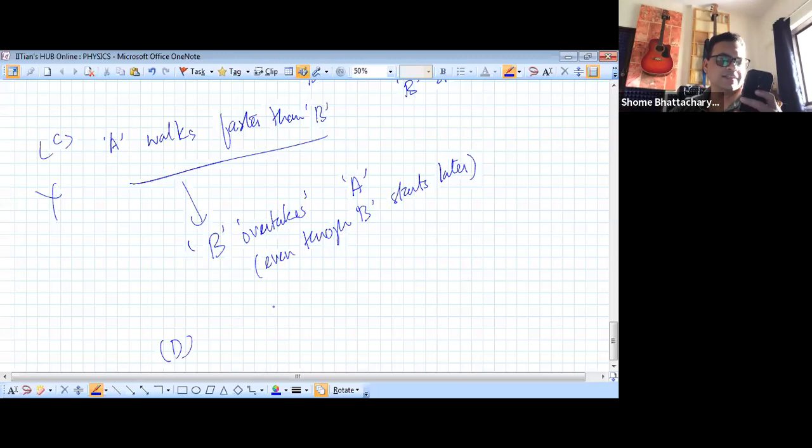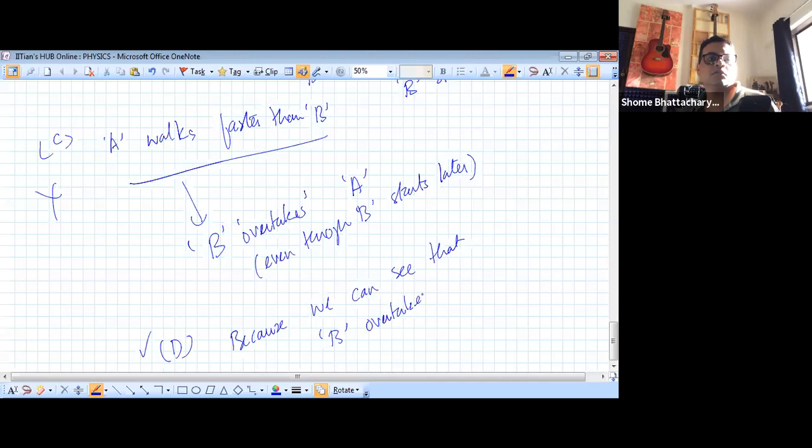So this is like a conditional statement. So what you can actually see here is that this is the correct statement because we can see that B actually overtakes A once. Okay. So since the statement is conditional,